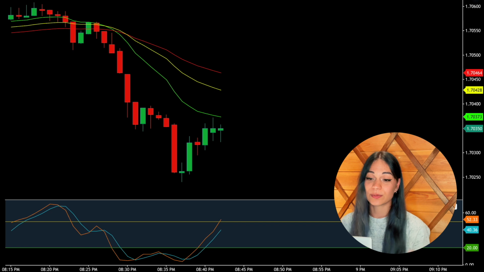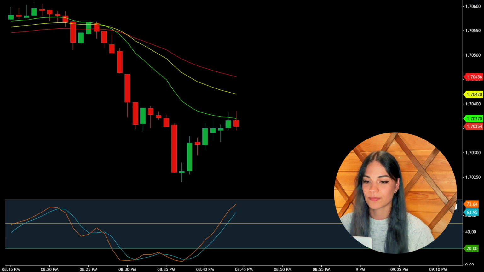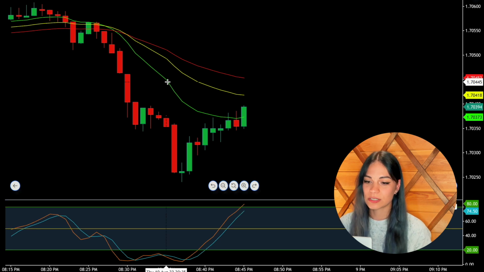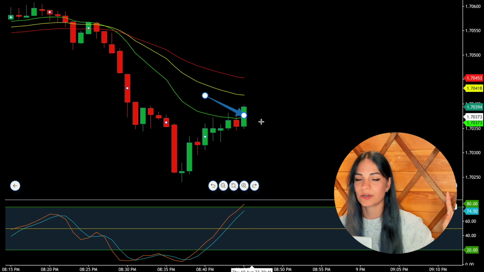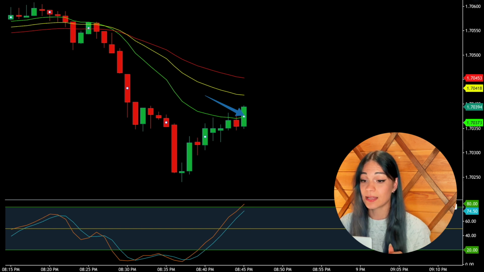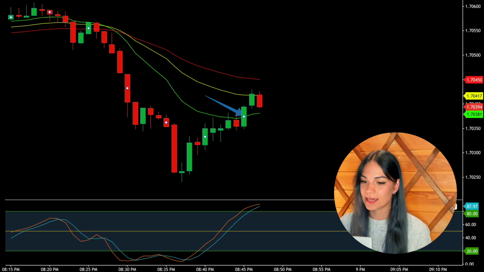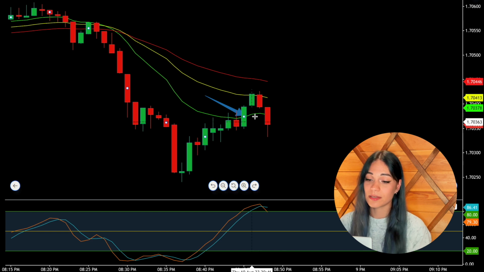So in this example, you can see a downward trend. We have all of the signs, all the lines are going down. They are not intertwining, and the chart is below them. And let's see what's going to happen here. So first thing, of course, the price is breaking through the 15 EMA line. We are waiting for the next candlestick, which also breaks through the 15 EMA line, and we have the signal for